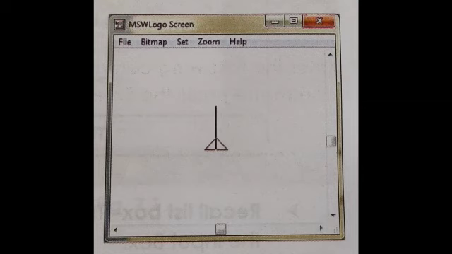After that is the home command. It will bring the turtle back to its home position, or to the center of the screen. If you are drawing a figure and you type the home command, the turtle will move back to its starting position. Just write home in the input box and press the enter key. Next is to turn.